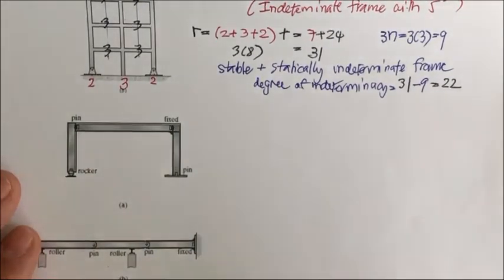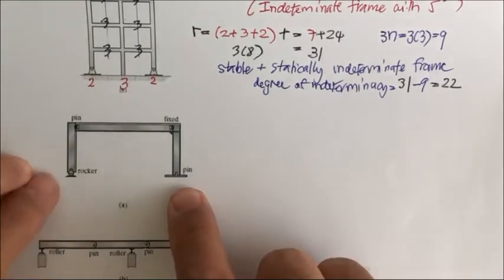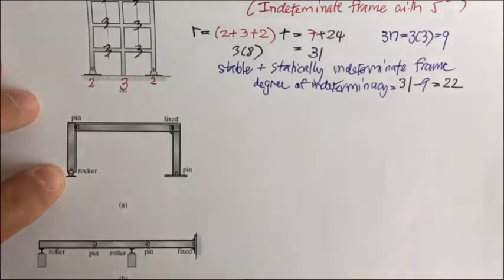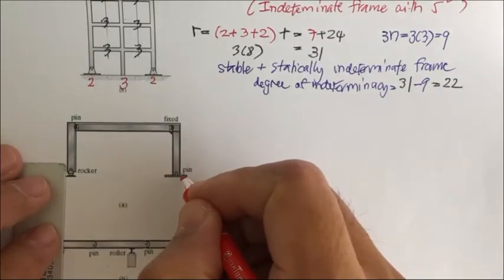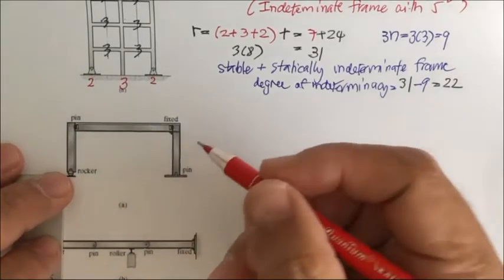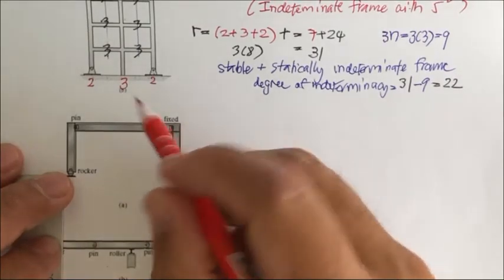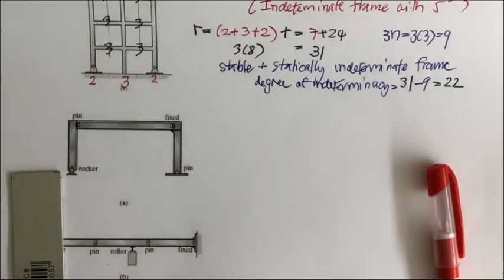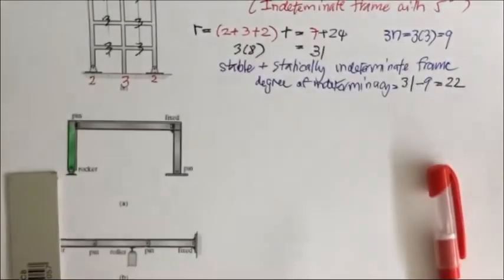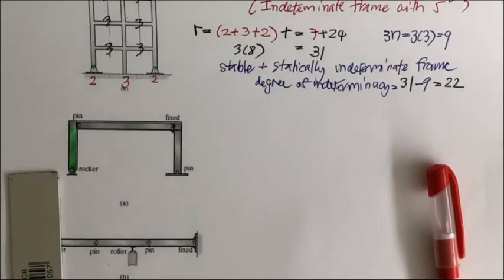The previous 2 frames have internal joints that are fixed connected. In the other 3, the joints may not be. Consider this structure. This structure has the locker. A locker is the same as a roller. Okay, and this is the pin. It is supported by these 2 supports, and the structure has a fixed connection here and a pin connection here. When it's a pin connection, that means you can separate this structure into 2 portions